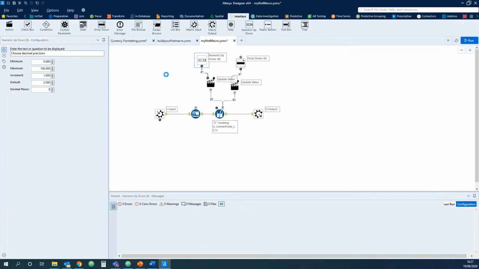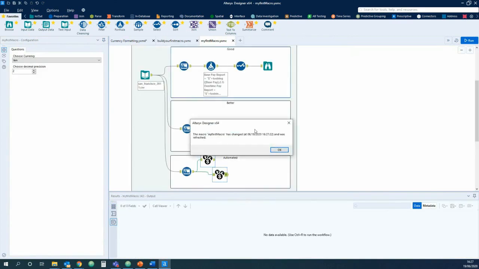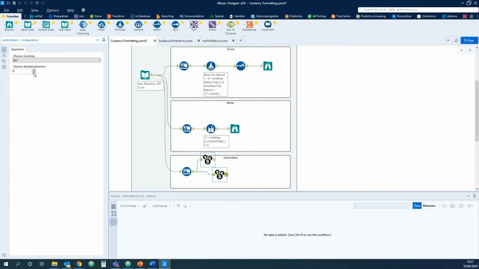So let's see how this actually changed already. So I save my macro again, go to the left-hand side on currency formatting. Again, the macro is updated, and I can see here it added the decimal precision. So if I put it to 4 and run the workflow,